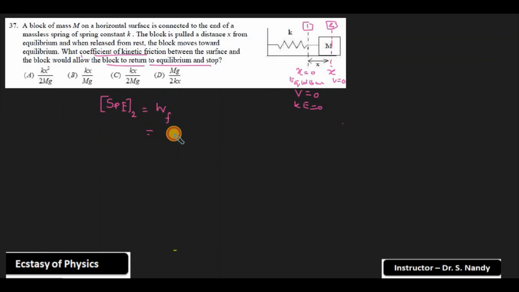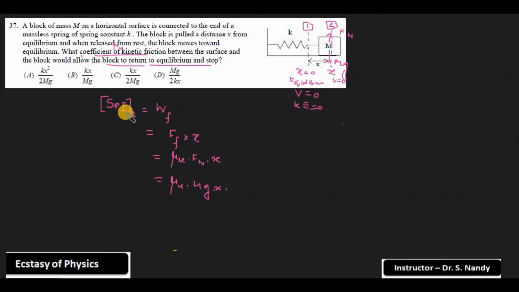Work done by friction is the frictional force times the displacement, and the displacement is the same as x. The frictional force we can write down as follows: the weight of the object is mg, the normal force acts in the upward direction, and let's consider the coefficient of kinetic friction equal to mu k. That means mu k times the normal reaction represents the frictional force, times the displacement x. So the coefficient of kinetic friction times the normal reaction, which equals the weight of the object, m times g, times x.